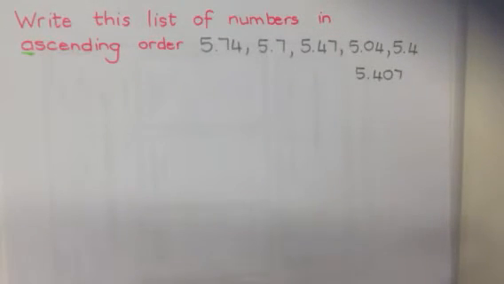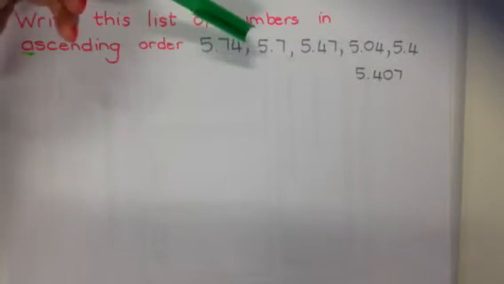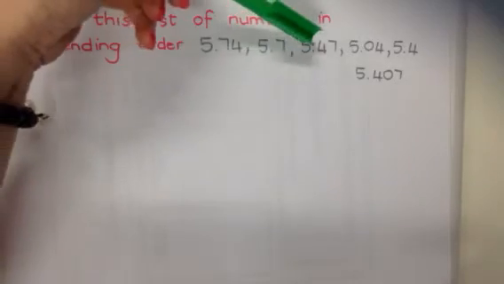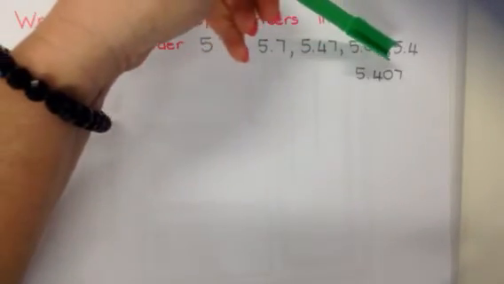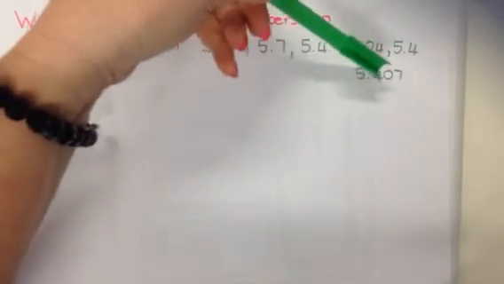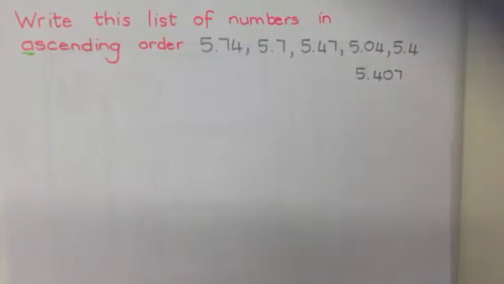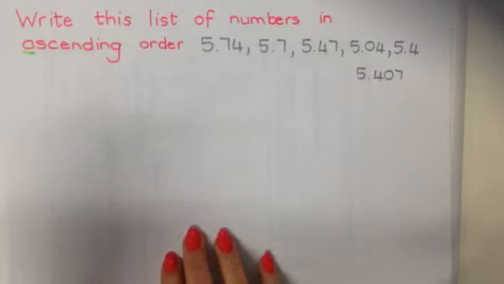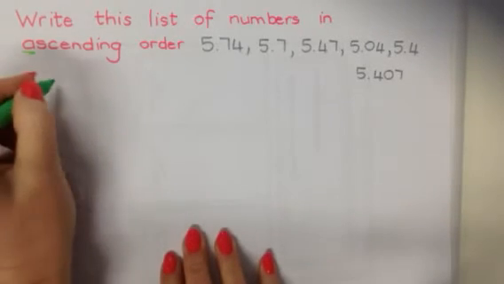Now, let's look at the numbers. We've got 5.74, 5.7, 5.47, 5.04, 5.4, and 5.407. Oh my goodness. Now, this is what you do. Write them all down, one underneath each other. So,